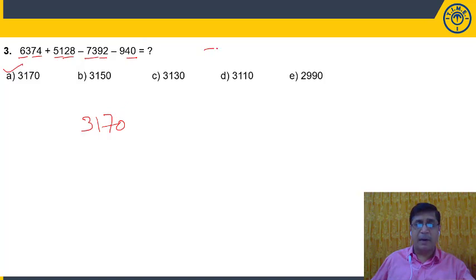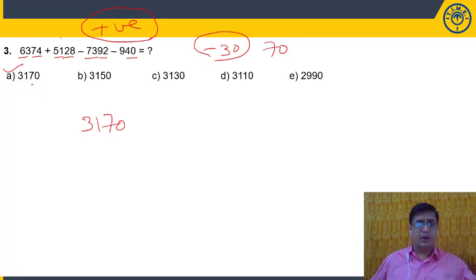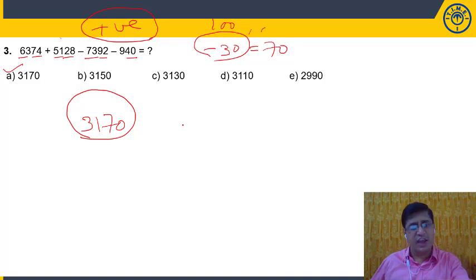Why does 41 become 40? Here I am observing minus 30. I am writing minus 30 as a positive number. Means I am borrowing 1 from a positive value. So what will happen here? So 63 minus 73, it is minus 10. Subtract from 51, it becomes 41. 41 minus 1. So 100 minus 30 is equal to 70. So 40 minus 9 is equal to 31. So what is the right choice here? It is 3170. Right choice is option A.